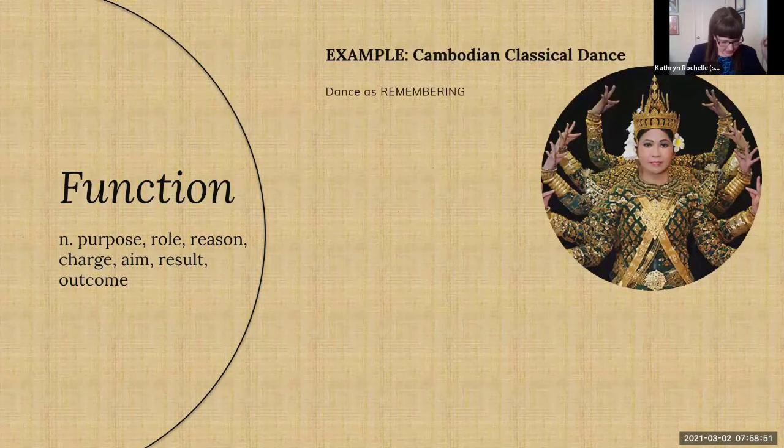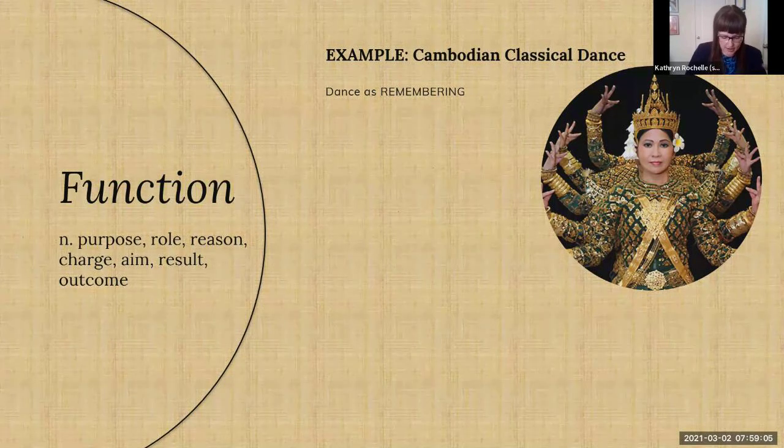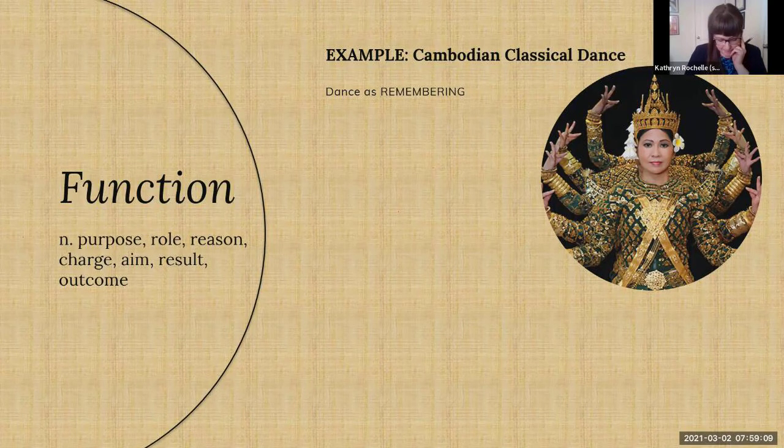The first is Cambodian classical dance. So in the 70s, there's a dictator named Pol Pot, and he gained power and decided to completely wipe out a millennia of Cambodian culture, and he wanted to restart everything. He called it Year Zero. He created a genocide on his own people, and he was killing artists and intellectuals and brainwashing any survivors.